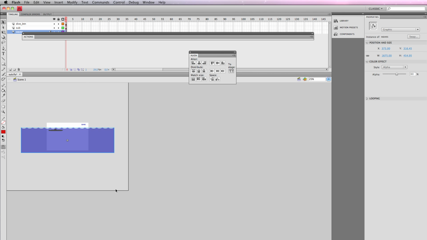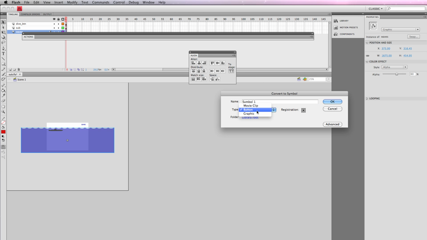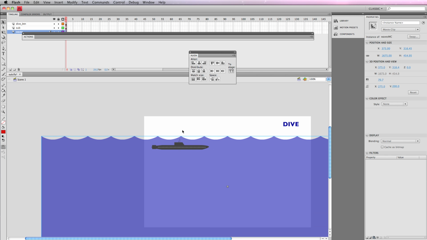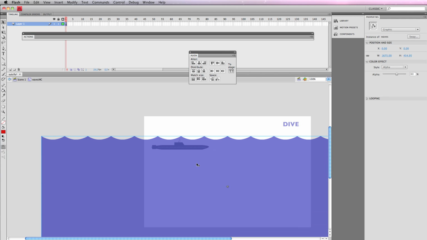Now remember that I do my animating never on the main timeline, but in movie clips. So now that I have a graphic, I'm going to say modify, convert to symbol. This is going to be a movie clip, and this is going to be my waves movie clip. Let me zoom back in where you can see what I'm doing. Okay. Now I'm going to double click that waves movie clip, and the only indication I get that I'm inside a movie clip is scene 1, which is the main timeline, is now followed by this little label that says